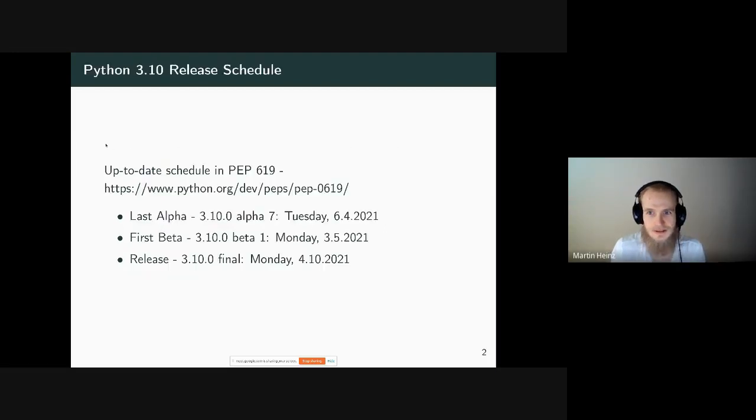So now for the actual talk. Before I go into the features of Python 3.10, I would first highlight the release schedule. Currently we are at Alpha 7 of Python, which was released on 6th of April. The next release will be the first beta, which is scheduled for next Monday. After that point, there should be no more new features or changes, only testing, and then the actual release of Python should be